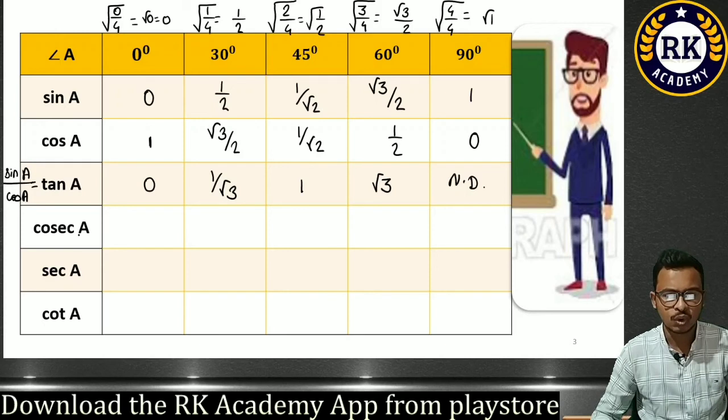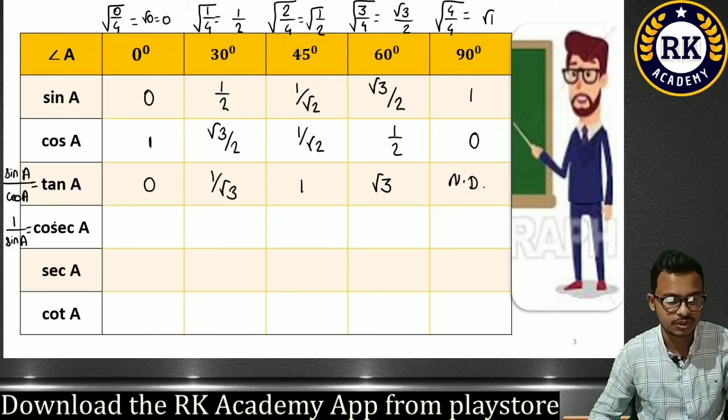Similarly, now cosec A, you know everyone students, what was cosec A? It was always 1 upon sin A. It's like a husband wife relation, opposite way. For 0, make a reciprocal. Now you have to start with the reciprocal. So this will be 1 upon 0. So what will be the value here? Not defined. Similarly, 1 by 2 will be 2.